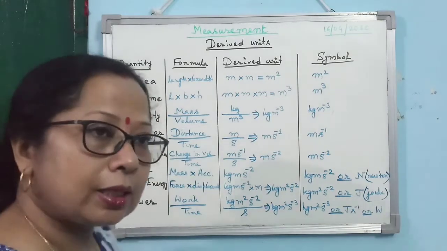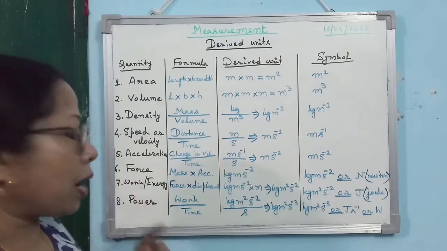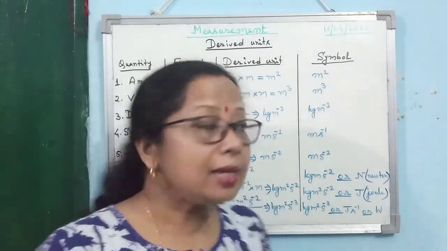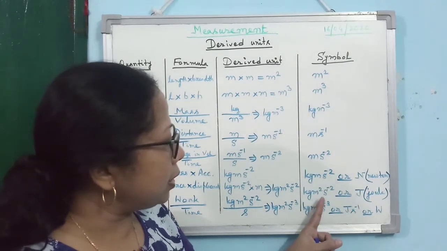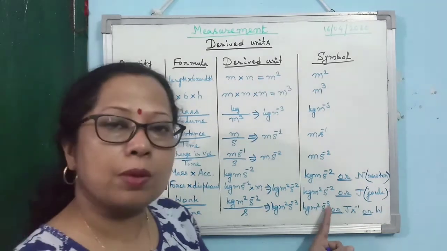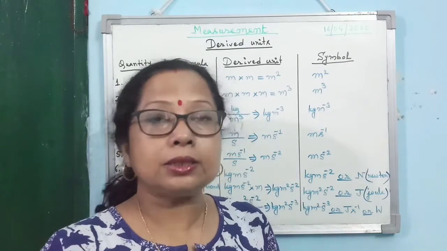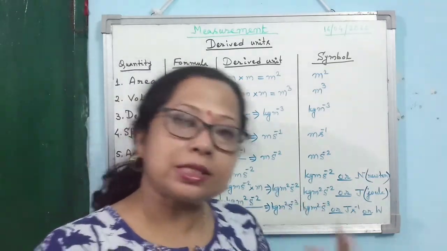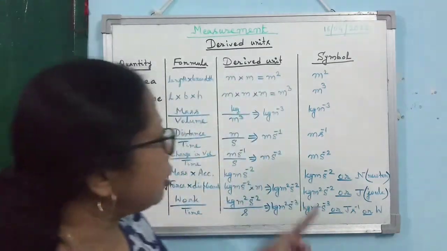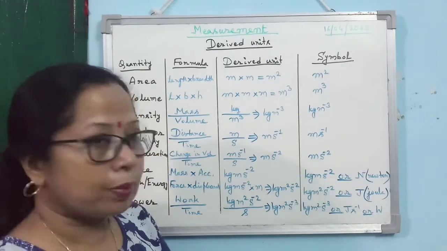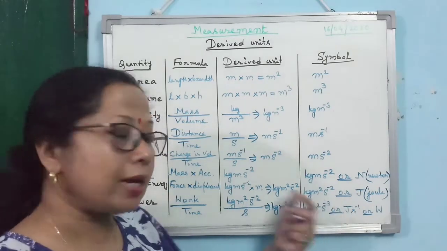But if the question comes that write down the SI unit of force, work and power in terms of their base units, then you have to write this one, kg meter second s to the power minus 2, kg meter square s to the power minus 2, kg m square s to the power minus 3. Base unit means, what is the base unit of length? Meter. Base unit of mass, kg. Base unit of time, second. So if it comes that write down the SI base unit, then your answer should be this, that kg meter s to the power minus 2 for force, kg meter square s to the power minus 2 for work, kg meter square s to the power minus 3 for power.